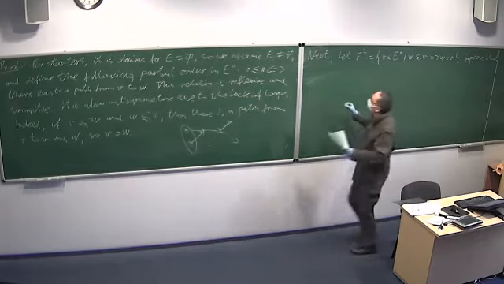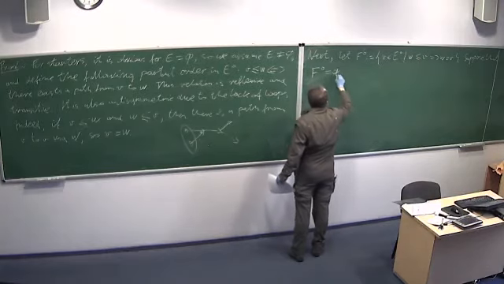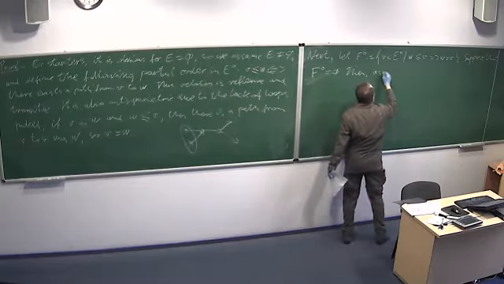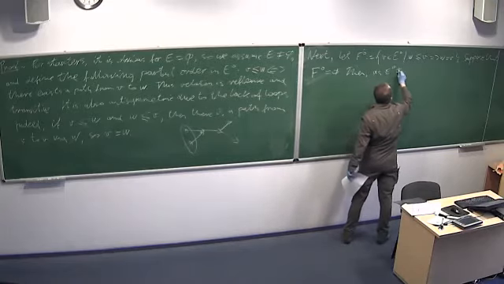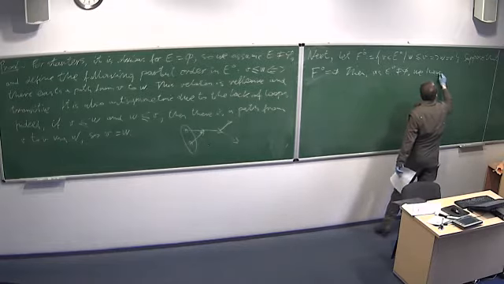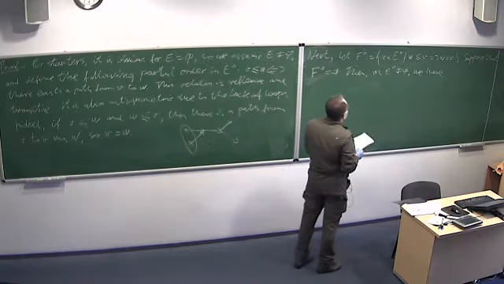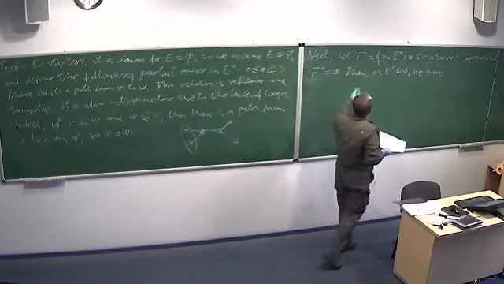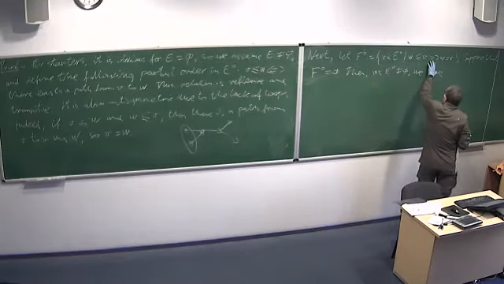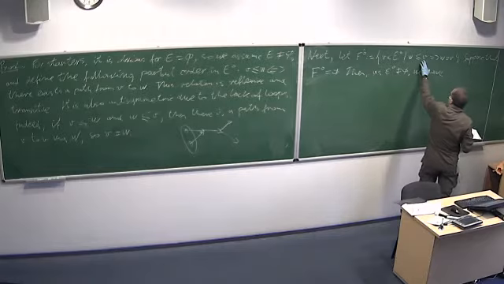But this is important. Suppose that F0 is empty. Then, as E0 is not empty, we have the following statement. Well, what does it mean for F0 to be empty? It means that for all vertices V in E0, this implication is not satisfied, which means this is not true and this is true.